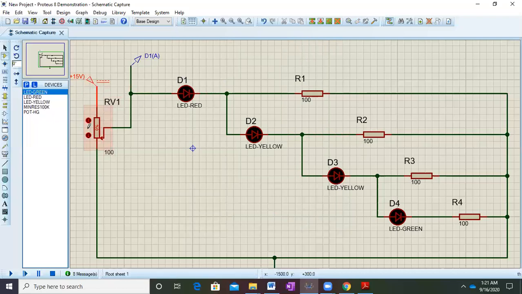Now why have we connected a potentiometer, actually an animated potentiometer? So that we can vary the voltage from 0 to 15 volts. That's why we have connected such a connection. And this will measure my probe voltage, that is my supply voltage only, VDC. Okay, so let us start working. Let the circuit start working now. So I'll click on run the simulation.